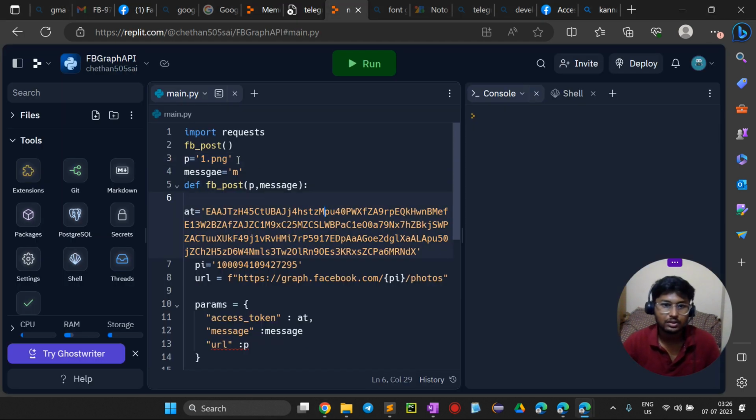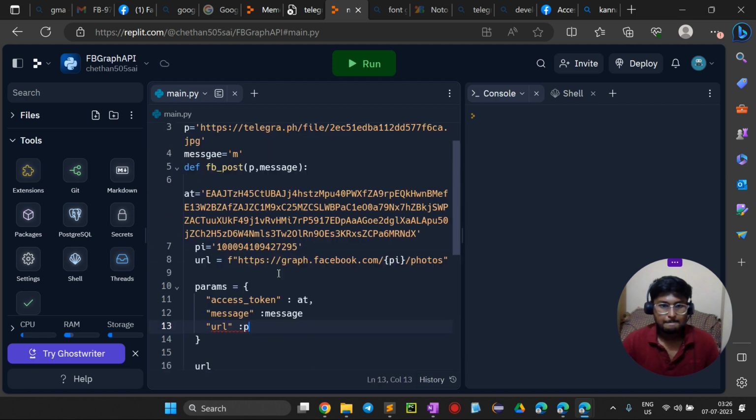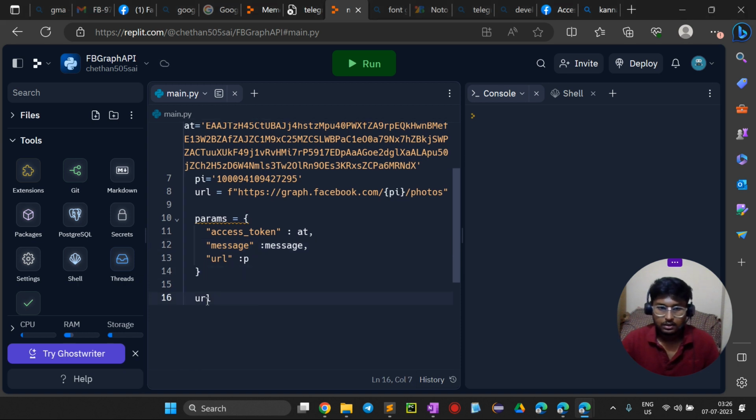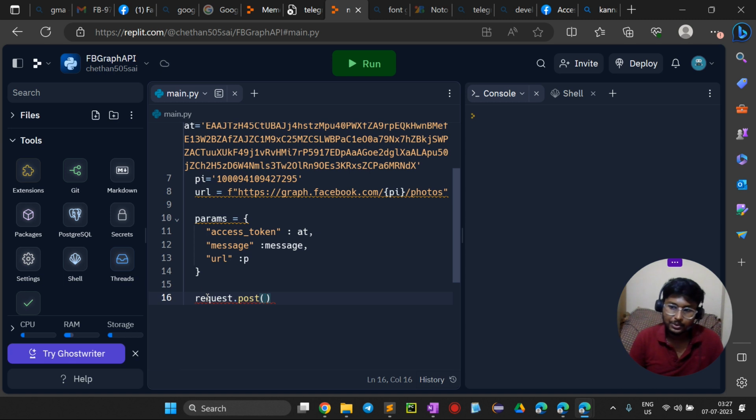We'll try to use this. Forward. We'll post it. We want to hit this endpoint with these parameters,